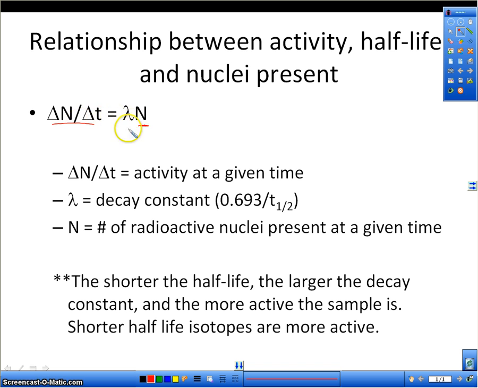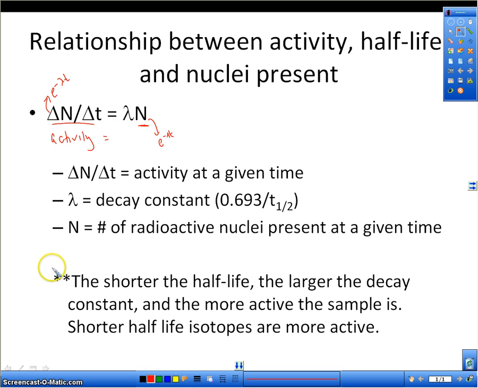And so you can do that by using this formula that says the activity at any given time is equal to the decay constant, which remember is 0.693 over the half-life, times the amount of radioactive nuclei present at that time. So if you remember, the radioactive nuclei fall off as an exponential, e to the minus lambda t, and the activity also falls off as an exponential, e to the minus lambda t. So at any given time, you can figure out the activity just by multiplying the amount of nuclei present times the